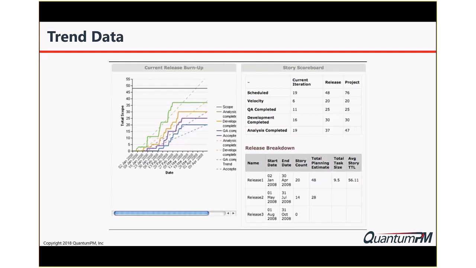In this particular example, we have a velocity of 6, which means we're going to get 6 of these stories accomplished in any particular iteration that we're going through. And we have a total of 20. So that should give us a pretty good prediction of how long it's going to take us to accomplish that. Of course, it takes a lot of time to get to that point. All this historical data is going to improve over time, and you need to keep going at it and keep the patience in place to accomplish all of it and make sure that you get it done.